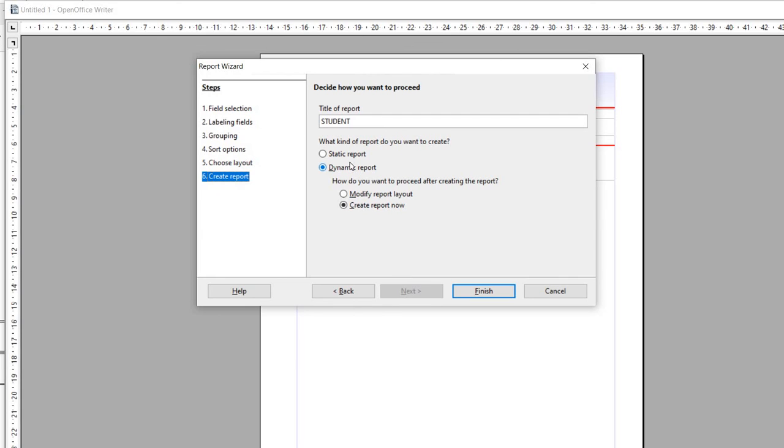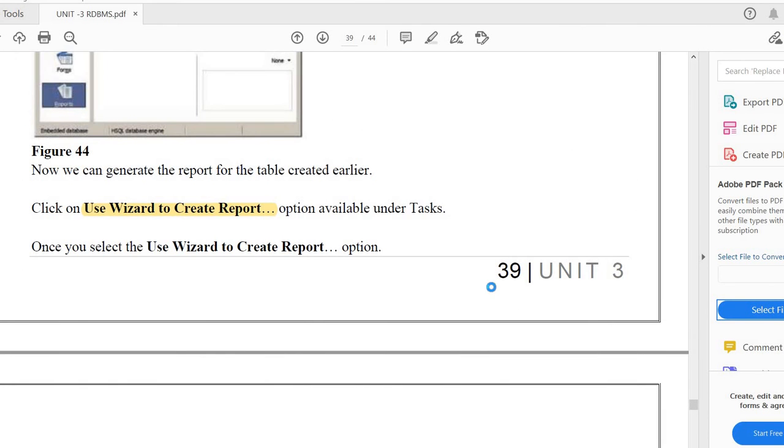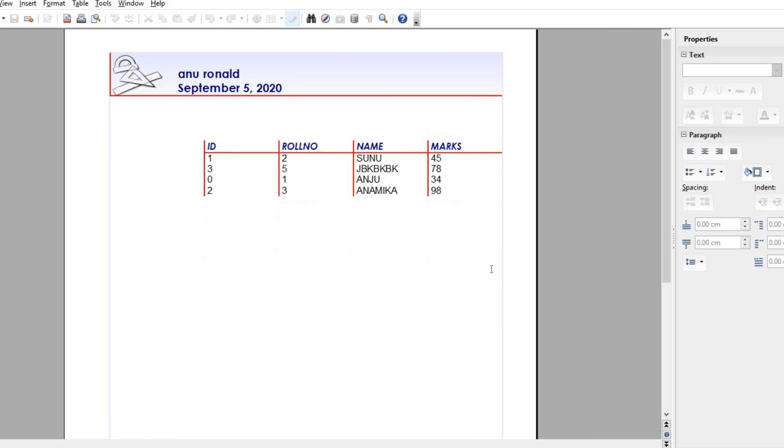So you can see the title of the report. You can change the name here. I'm keeping the same name, and creating the report now. Finish option. So what we are producing, you can see the date and the name of the author is coming here, as well as all the records.